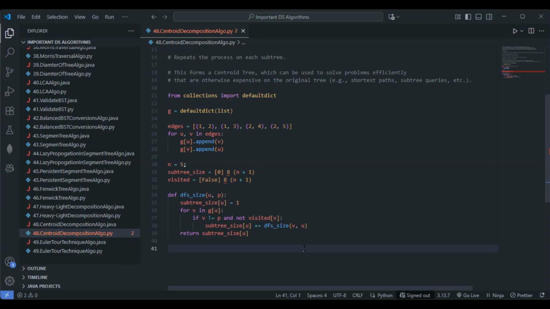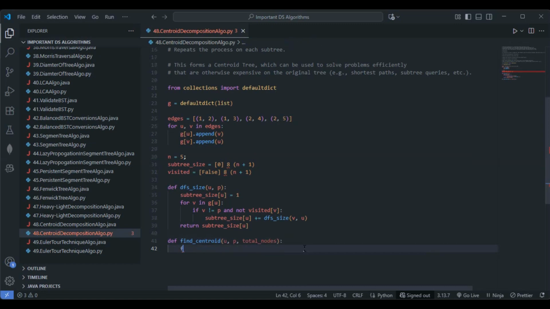Find the centroid of the tree, right? So I'll just go with a function name. Let me go with find centroid itself. So this will be good, right? So I'll just go with find centroid. So let me go with u, p, and total_nodes. So this is fine. So now for v in c of u,